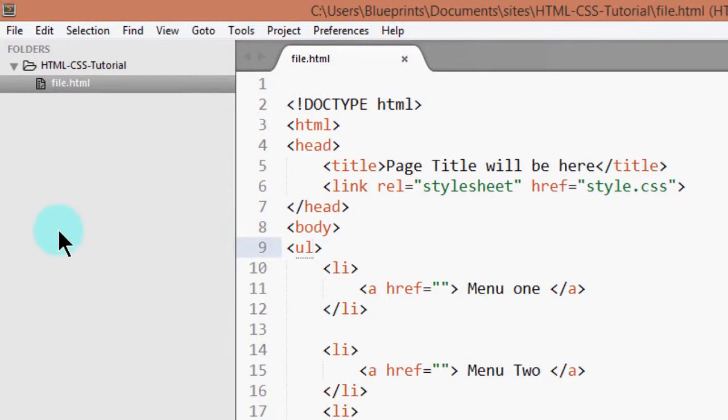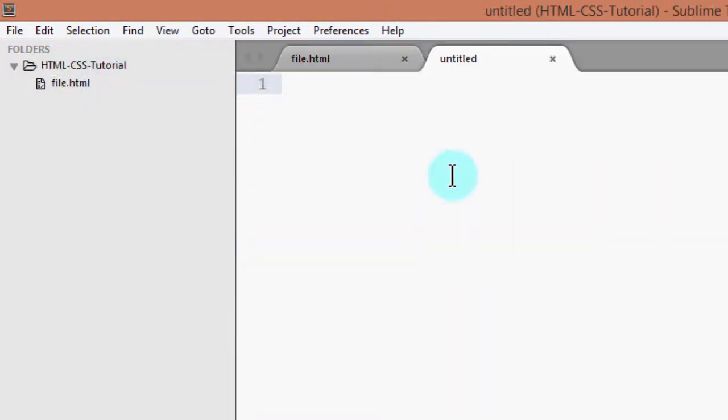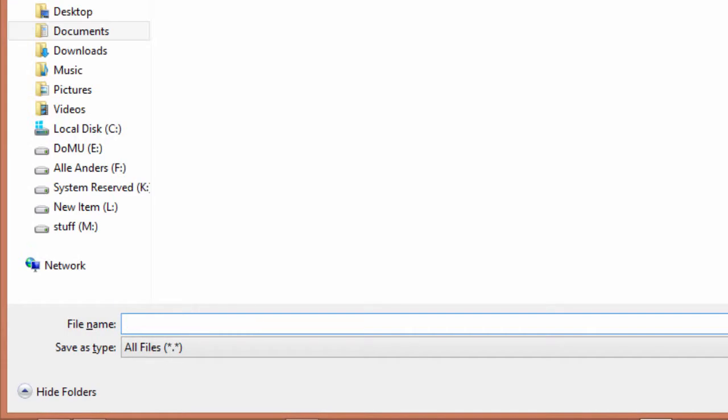So the first thing, I will come here, I will create a new file, then Control S so that I can save it, and I will just save it in the same directory here. I will call it style.css. You can call it anything you want. You can call it my css.css. You can give it any name that you want as long as it ends in .css. So I will save this